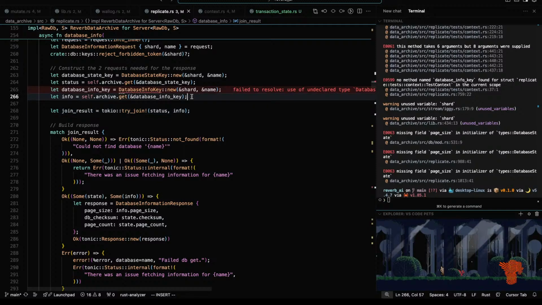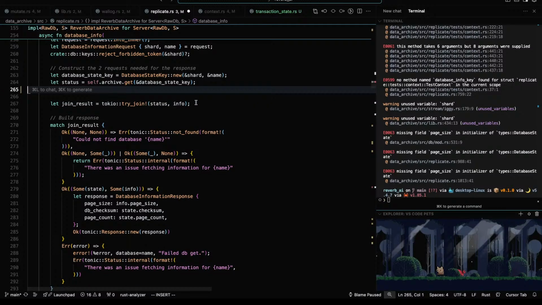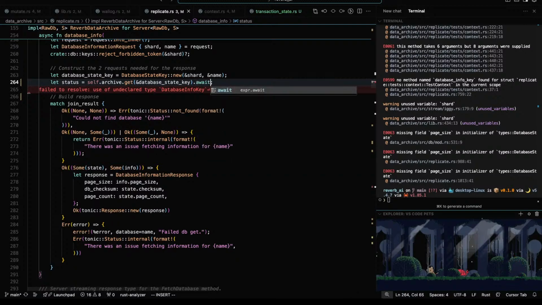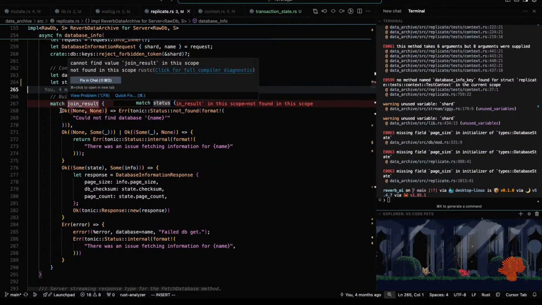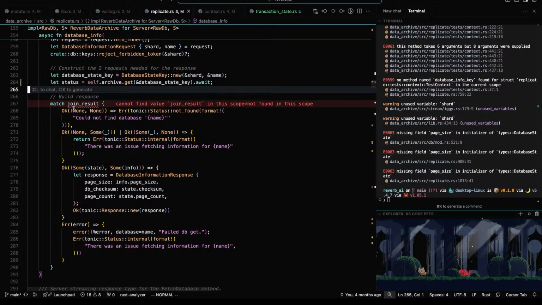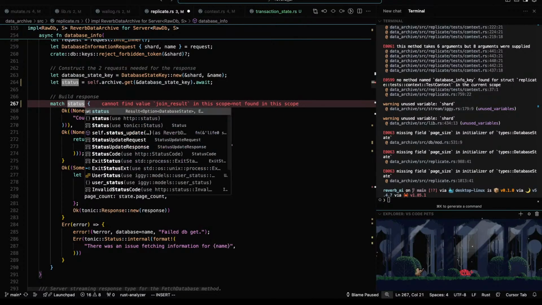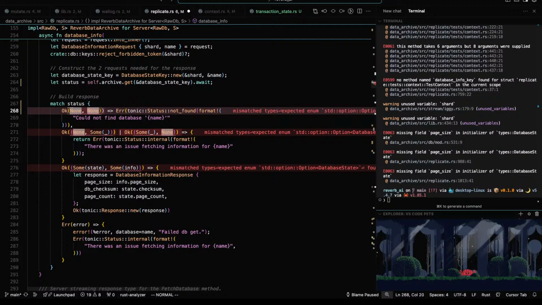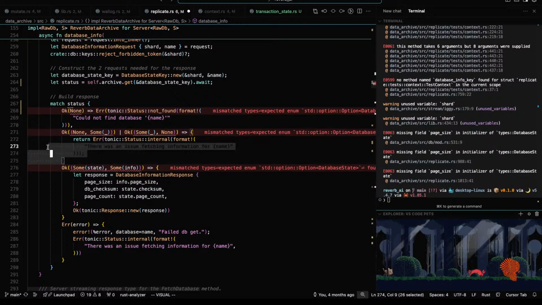However, now there's only one. Quite frankly, we could just await this. Await that. We can match on status. So in this case, if we received a none here, yeah, okay, this case goes away.